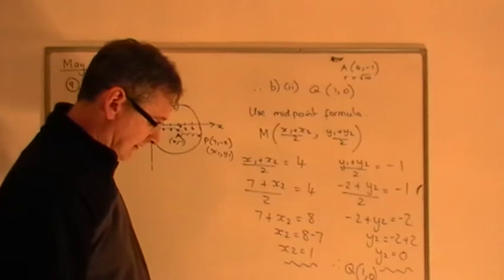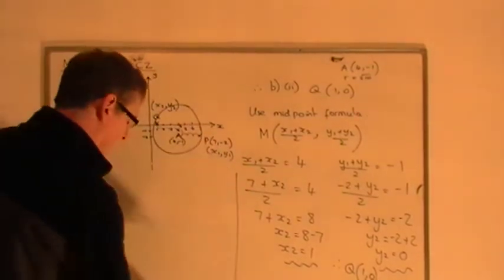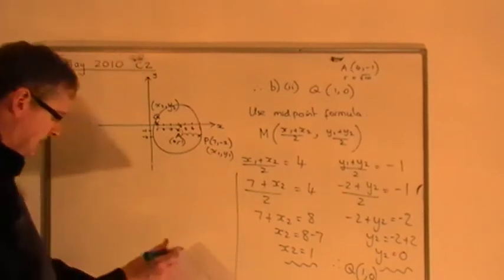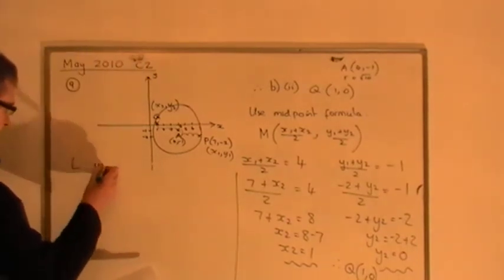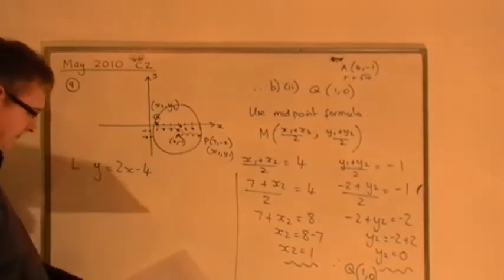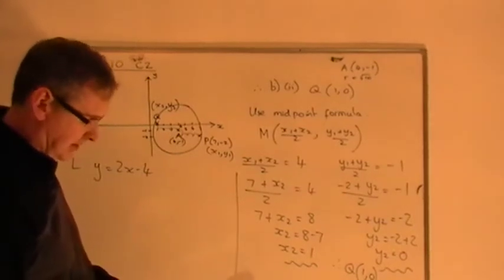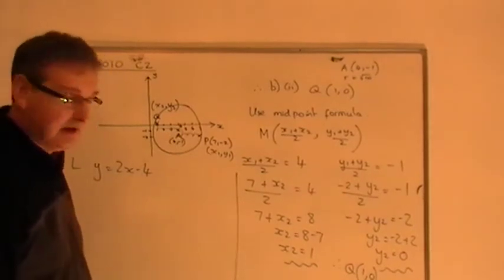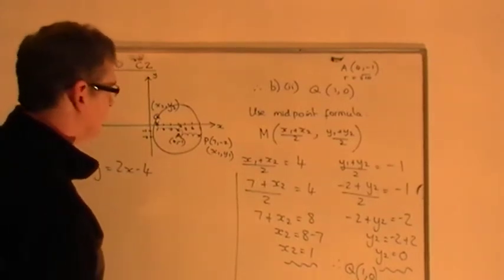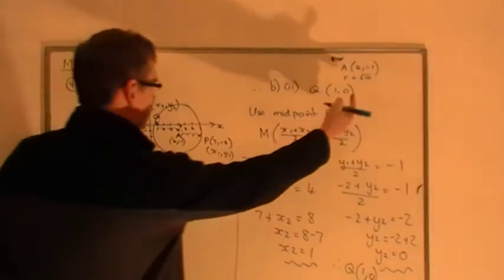Okay. Finally, we've got a part C, which I'll try and squeeze in here if I can, if I rule that off. It says we've got a line L with equation y equals 2x minus 4. Find the coordinates of the points of intersection of L and C. Right, well, what was the equation of the circle? Well, the equation of the circle, if that was the centre,